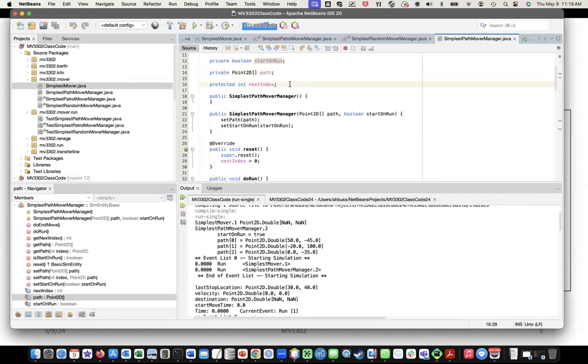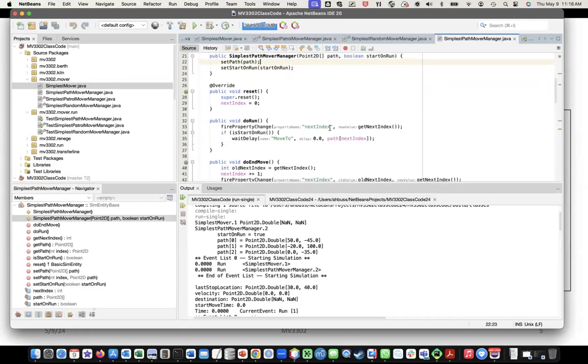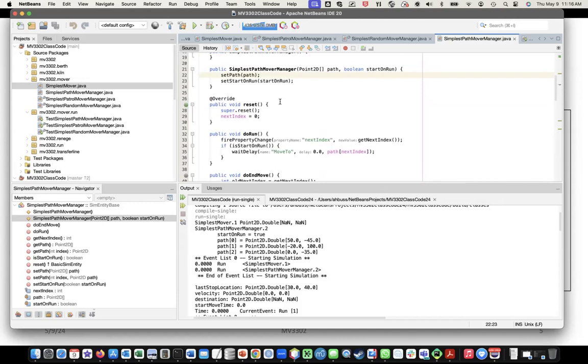Our single state variable is actually the next index. So on this, it's fairly straightforward. So we set our path. We reset by setting our next index to be,